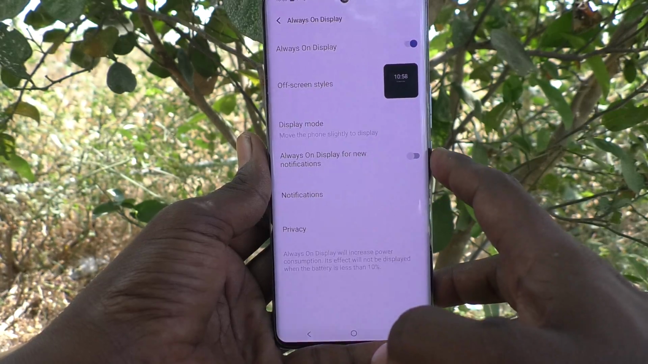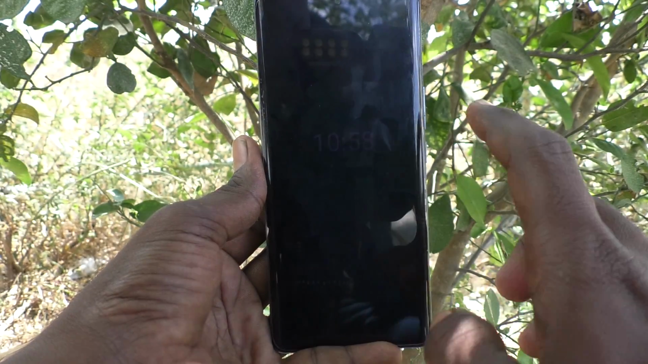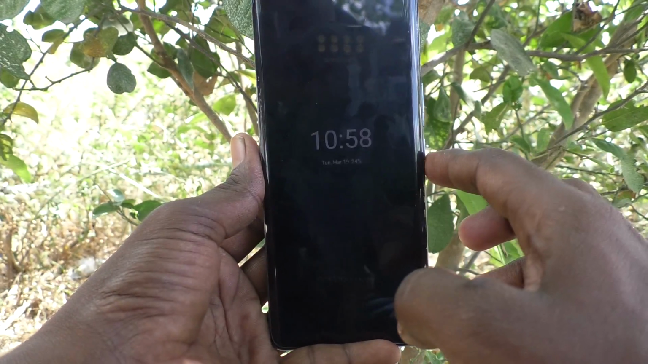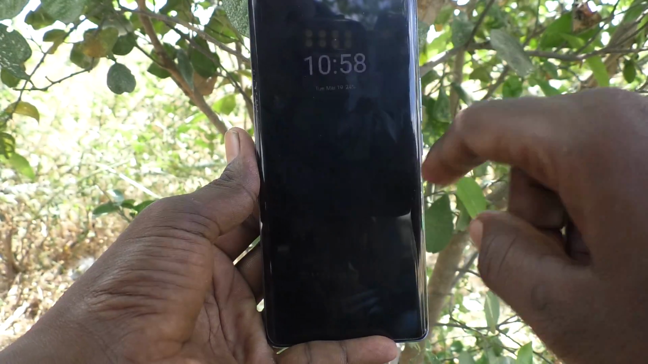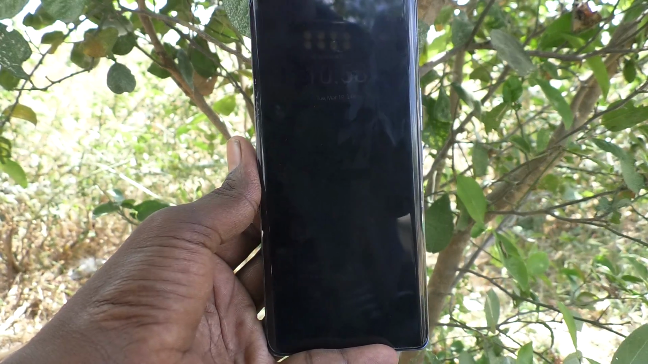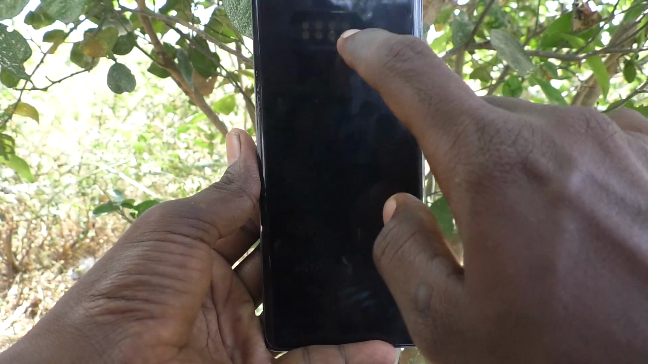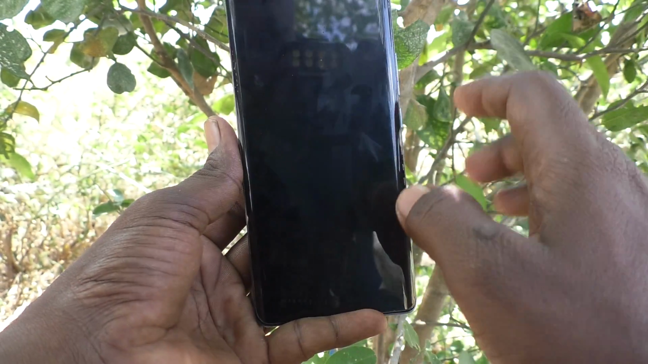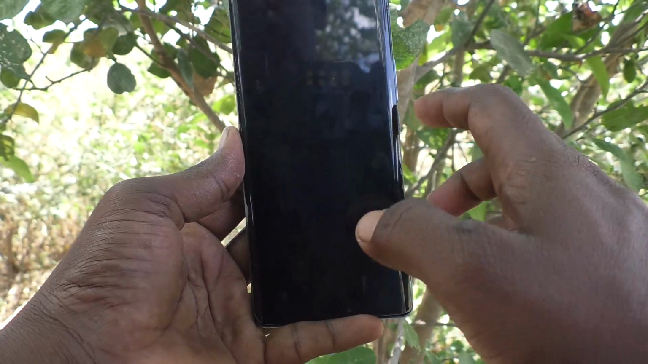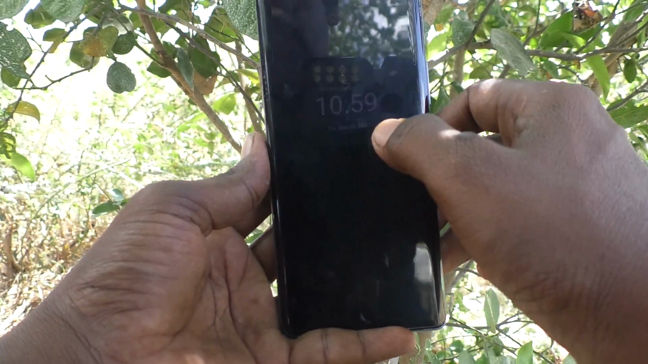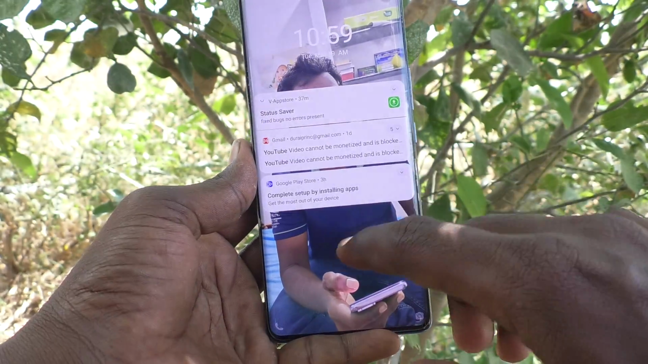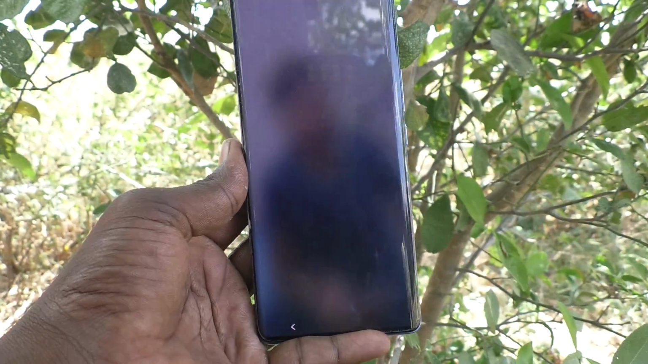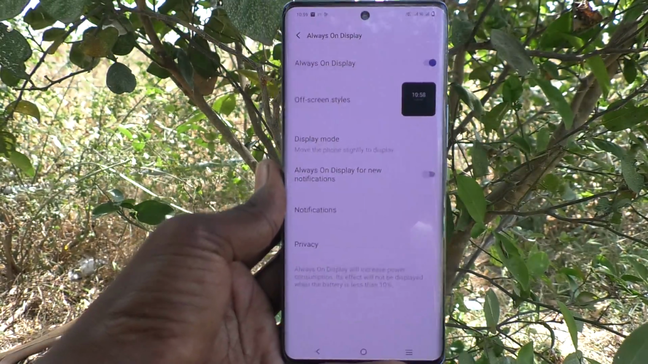Okay, now lock your screen and one tap on it. You will see always on display. Okay, that is clock information. See here. So in this way you can easily enable or set always on display over lock screen in your